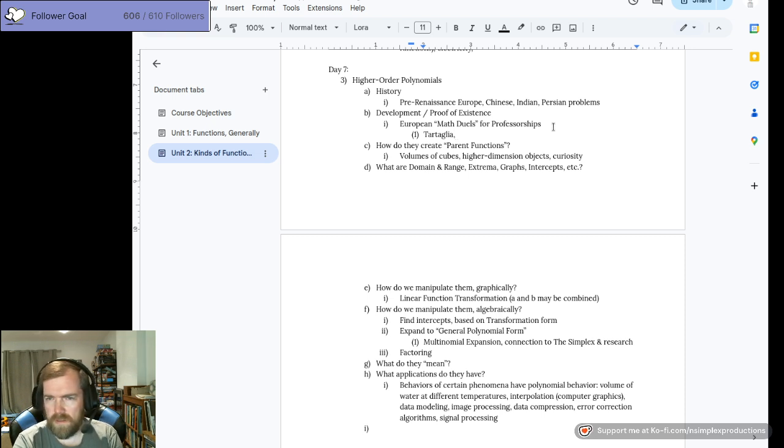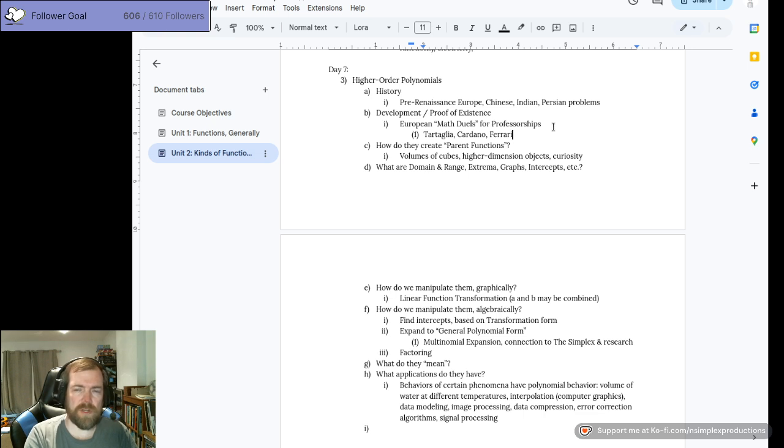Alright, so this is the moment for Tartaglia, Cardano, and Ferrari. So there were European math duels for professorships. They wouldn't have any actual danger involved. It was just that certain